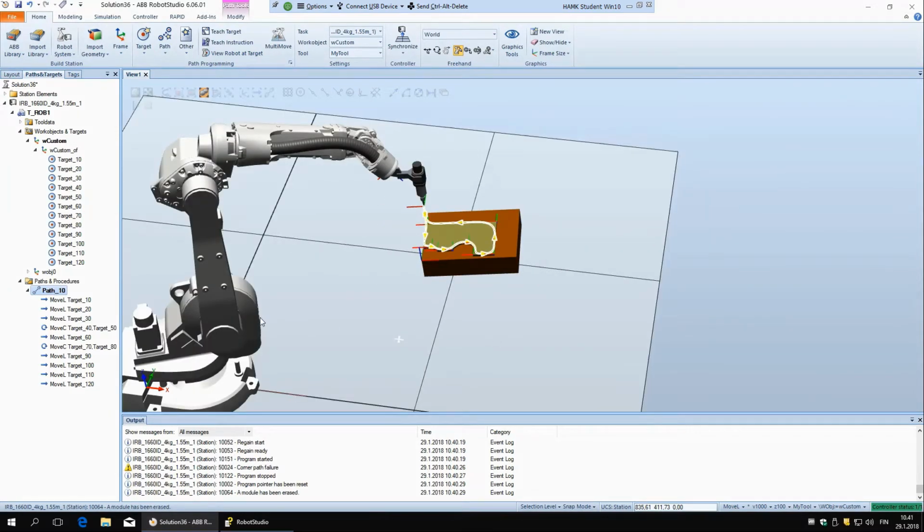If you accidentally make targets in the wrong coordinate system or work object, for example, I made them in this custom one, but I would want to do it in this one here, you can move them between those, and you can do that very simply. You can just select all of them, or the ones that you want to move, and just pull them to